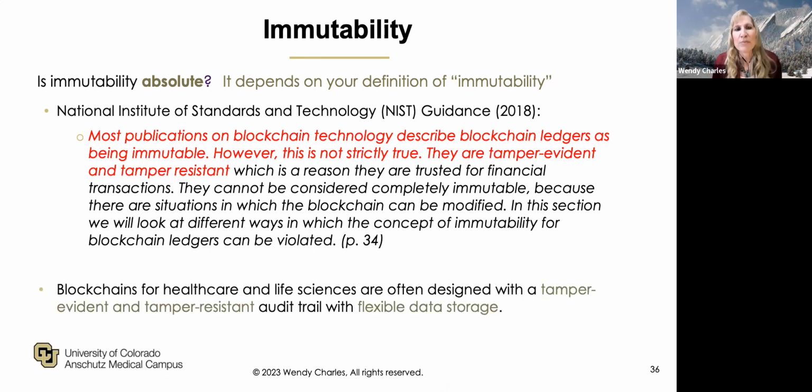So the best way to think about immutability is that blockchains for healthcare and life sciences are designed with extra security features for tamper resistance and tamper evidence. And when we think about how long we actually need to store the ledger, well, we don't want to store it forever. We want better methods of managing the ledger as part of our technology life cycle. So we have designed mechanisms to create a blockchain that works better for the risk factors that we face, including using a cloud-based technology with potentially sensitive information.